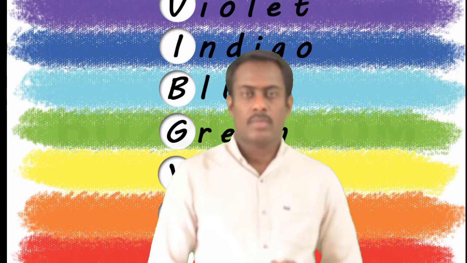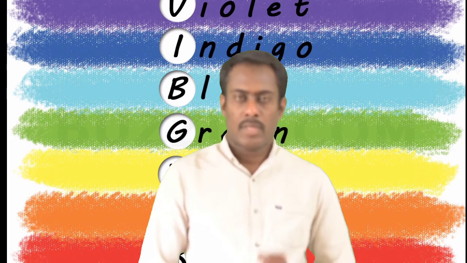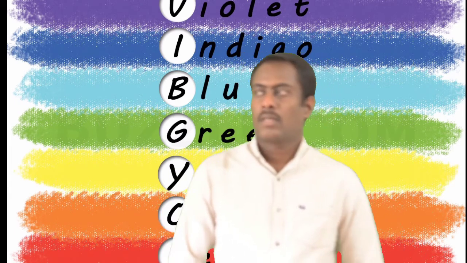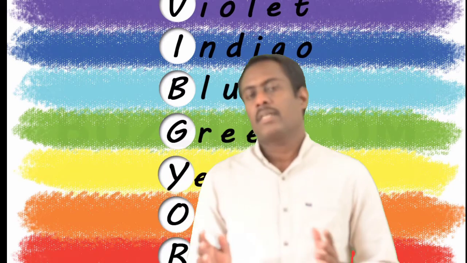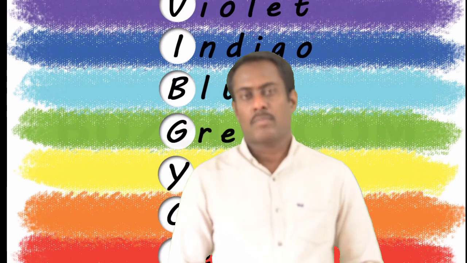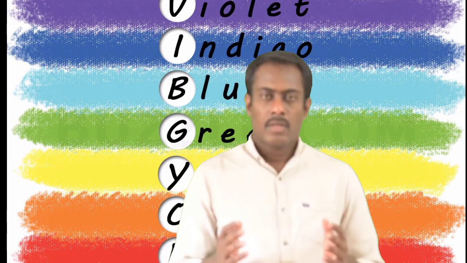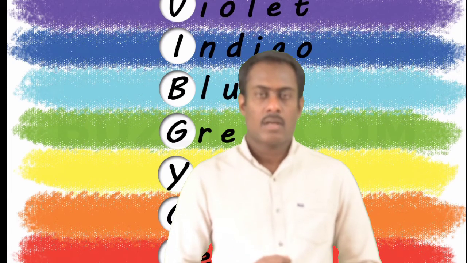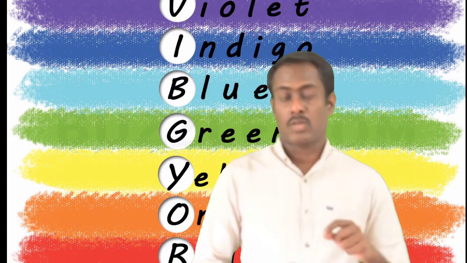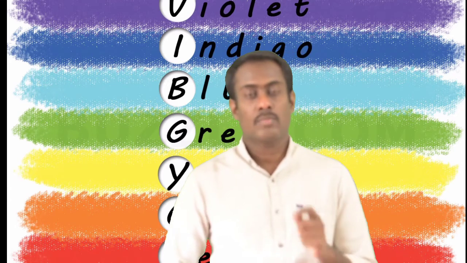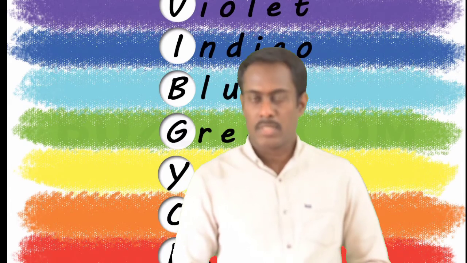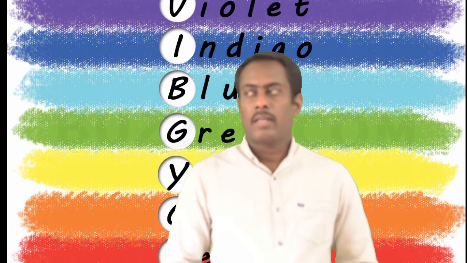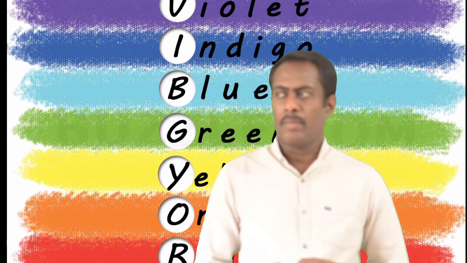A rainbow is formed commonly after the rain, when the suspended water molecules present in the atmosphere disperse the white light into a band of 7 colors. This splitting of white light into a band of 7 colors is known as the dispersion of light. In order to explain the formation of the rainbow,